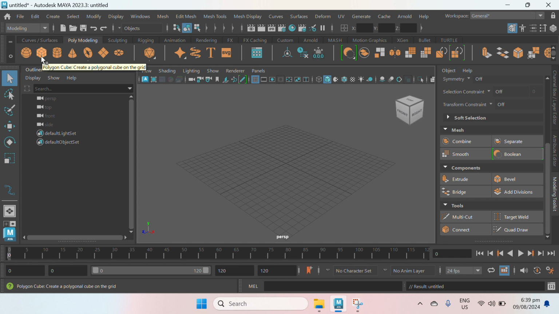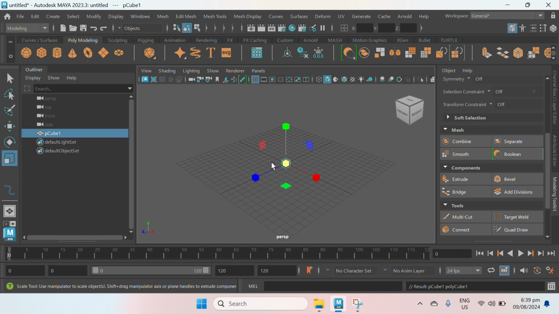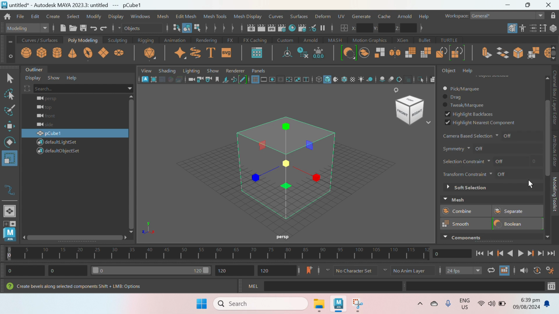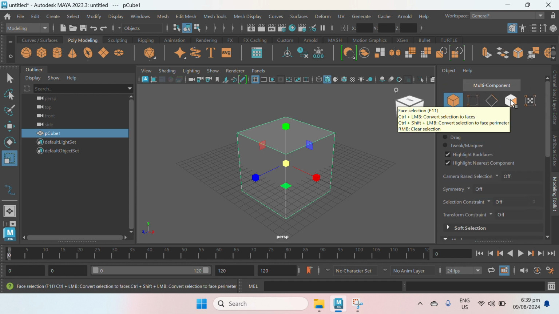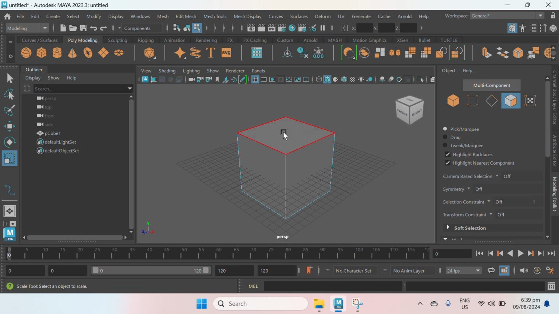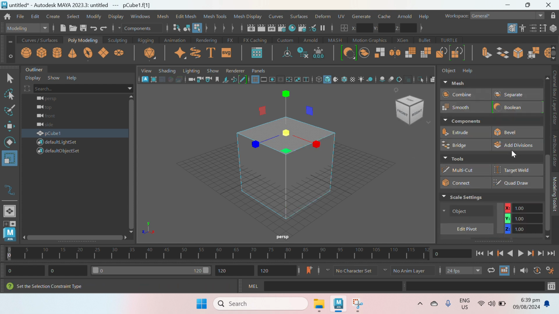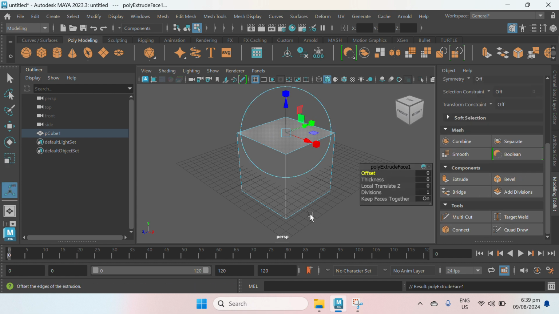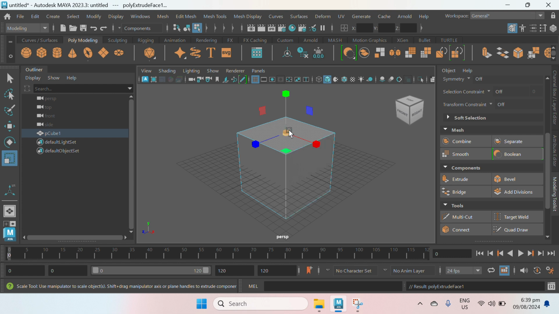So for practice, I will create a simple polygon cube and rescale, click and drag to the right. For the first shape, I will scroll up and use the face mode. I will select the face at the top and then scroll down. I'm going to click extrude, rescale, click and drag the middle box to the left for uniform scaling, and then extrude, W, arrowhead upward.